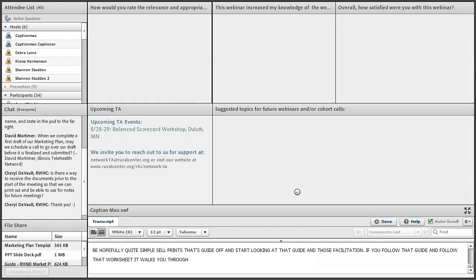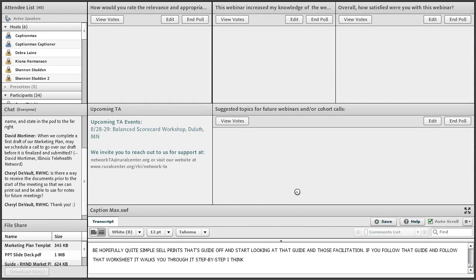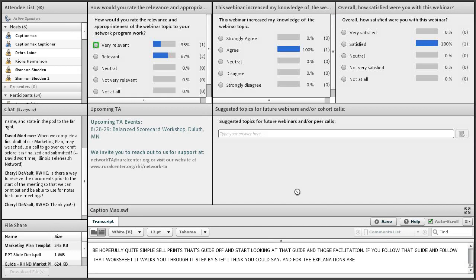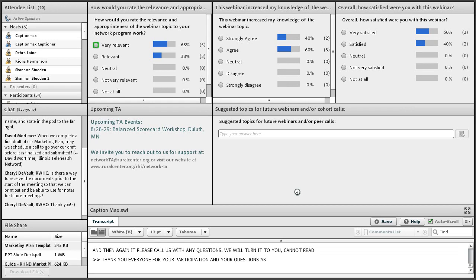What I was going to say is that there was a lot of information, and it may seem like a daunting task, but we've worked as a team really hard to give you the tools that break it down to be hopefully quite simple. So print that guide off and start looking at that guide and those facilitations. You follow that